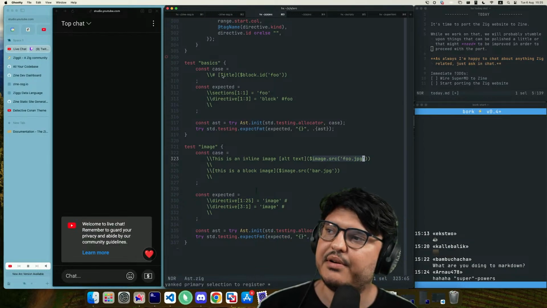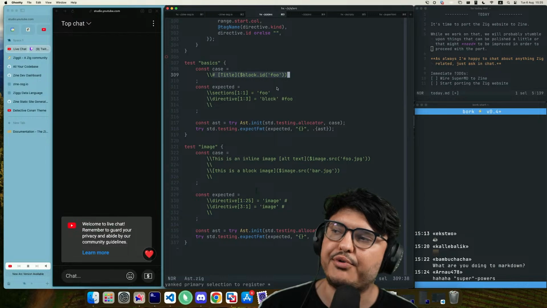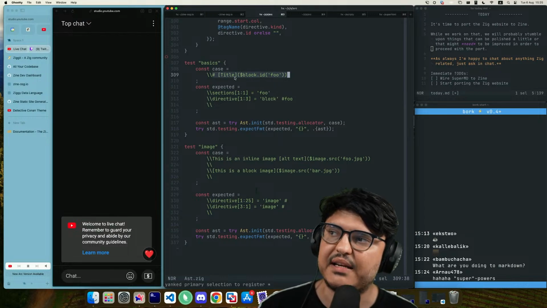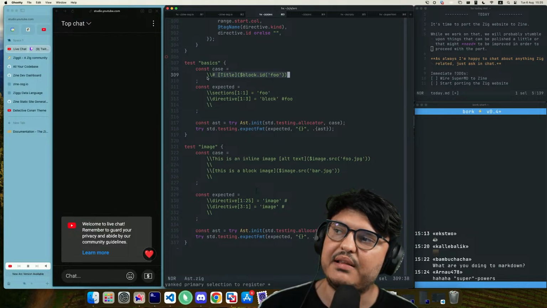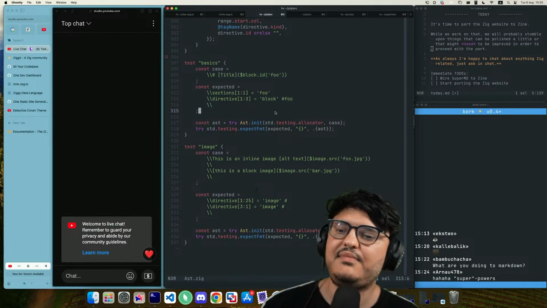Plus another concept, the concept of a block, which is a little bit more nuanced, and I'm not gonna explain it now. But this thing is probably the killer feature of Super Markdown. Super MD.